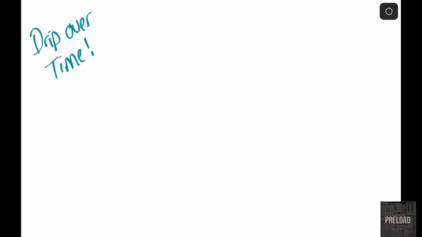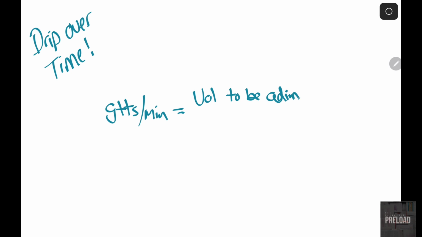This formula is very, very straightforward and simple. There's only a few things that we need to know. So for drops over time, the first thing that we need to know is what we are solving for, and we are going to be solving for drops per minute. Then we need to know how much volume is to be administered, and that's going to be times our IV tube size, and we are going to divide that by time